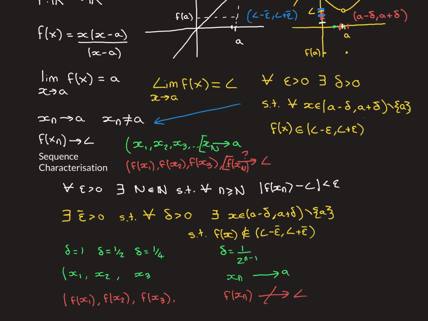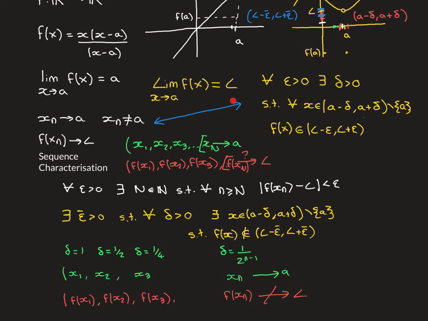So that means that this sequence can't possibly converge to L, because it can't get indefinitely close to L. It can't get within that epsilon bar of L. So I have therefore found a contradiction. If you assume this is not true, it contradicts that every one of these sequences in the domain that converges to A, where the terms of the sequence are not equal to A, has a corresponding image sequence that converges to L. Here I found one that doesn't, so if that's not true, then it can't be true that that's not true. This must have been true.